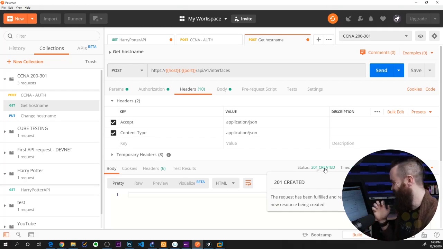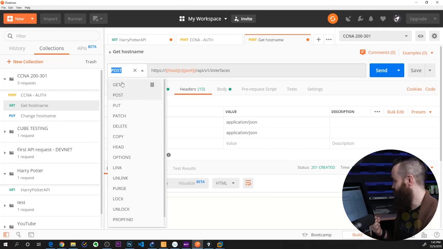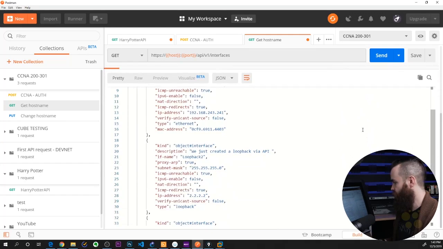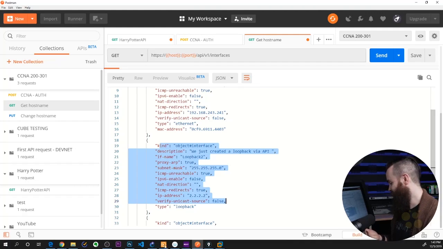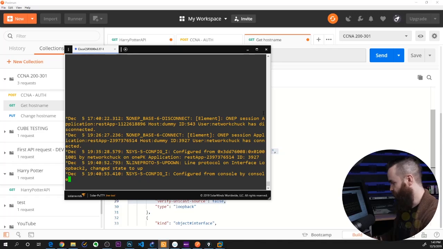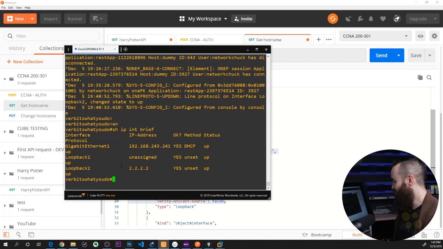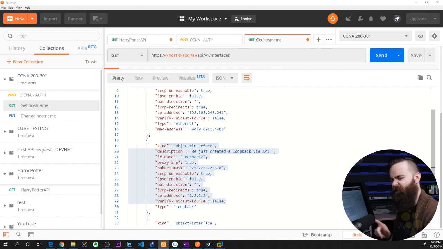That's exciting. Now let's actually get the interfaces now. Let's get them. Get. As we scroll down here, fingers crossed. There it is. There's my loopback interface. That's so cool. I feel weird not looking at it via the command line, so I'm going to bring it up just real quick for posterity. Show IP interface brief. There he is. So neat. I just did things the old way, by the way. This is the new stuff.